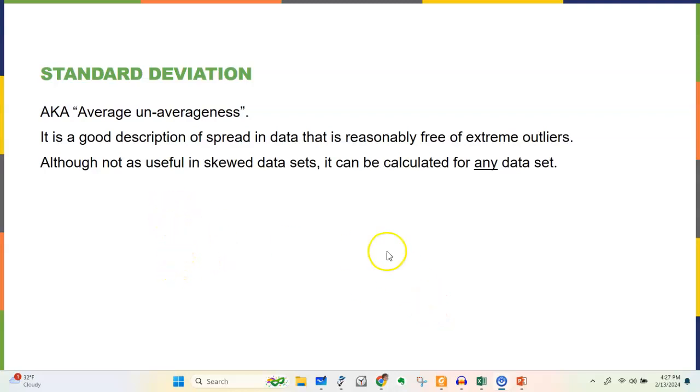Hey kids, so we were talking about average unaverageness, right? Coming up with a number that tells us in general how much the data varies from the mean. And when we did this last Tuesday,